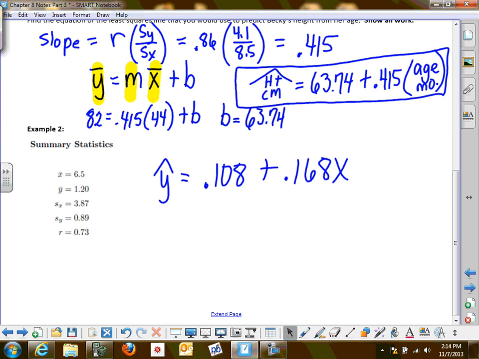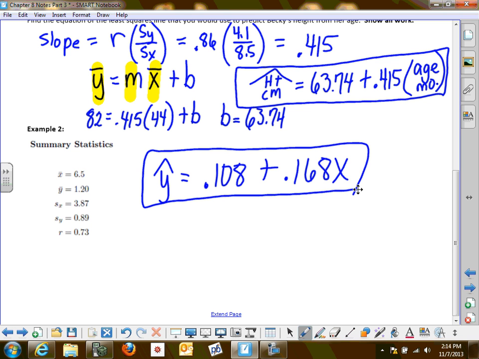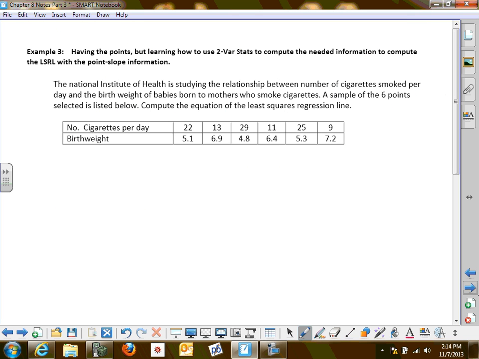Okay, so since you don't have context, you are just leaving it in terms of x's and y's. And so here's your answer. Any questions on that? Okay, good. So you had that process. Good. Now, on this next page, I absolutely realize that the best way to do this problem is pure calculator,